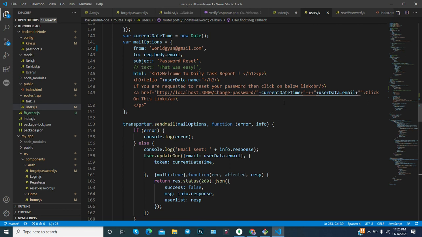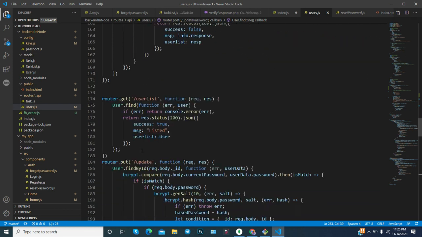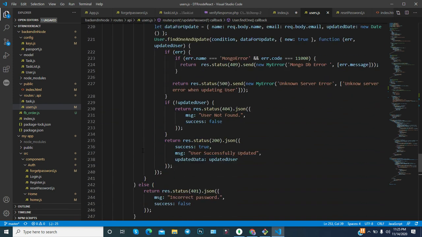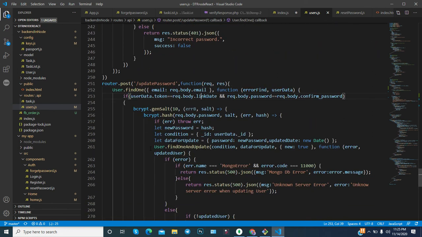If someone changes it, then again here you are verifying. So if someone changes it, it will not get verified and they cannot update their password. However, there are lots of methods to reset the password, but this is also one of the best ways.